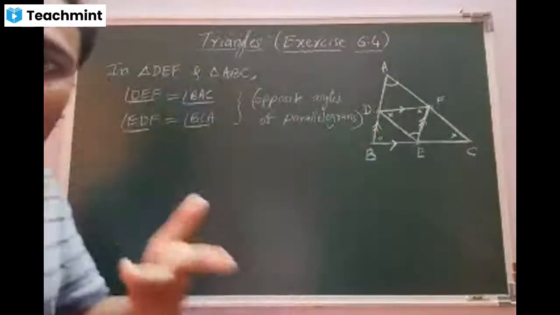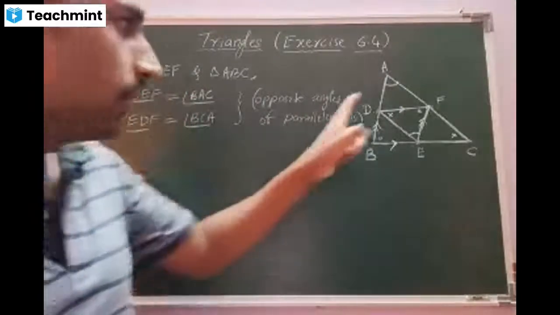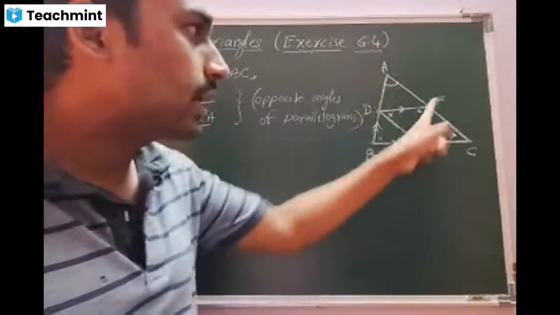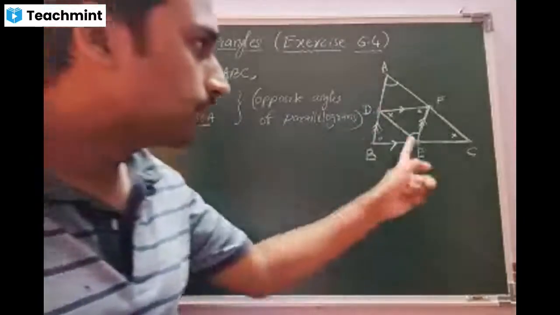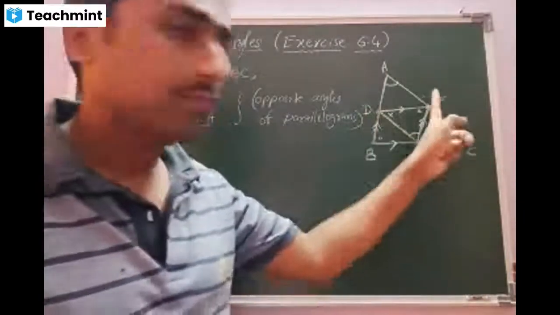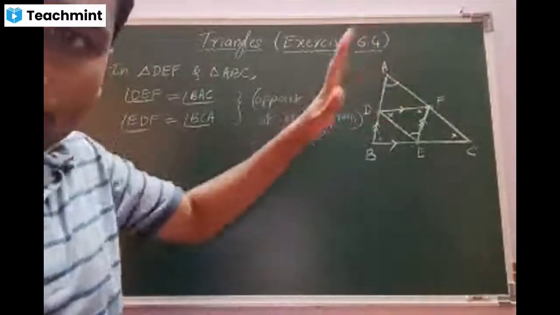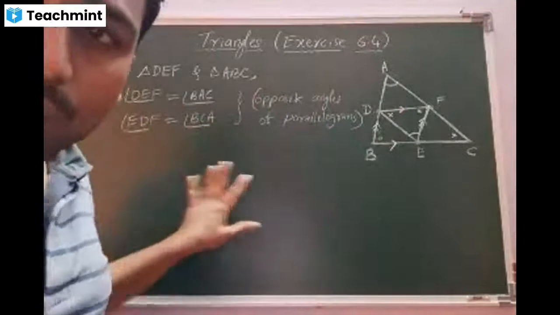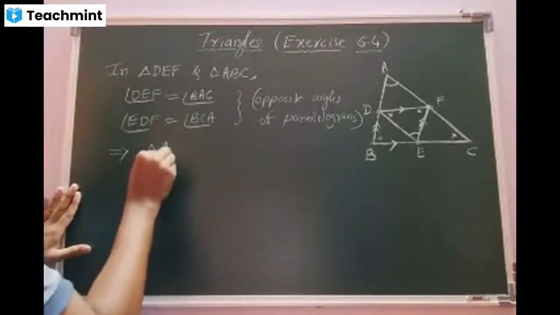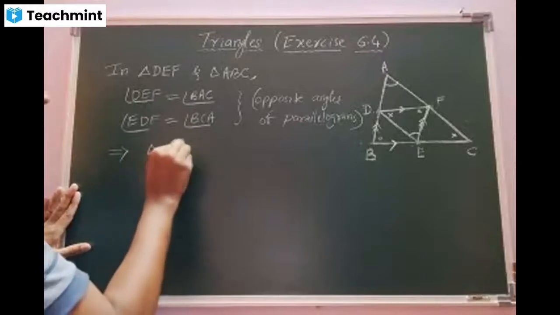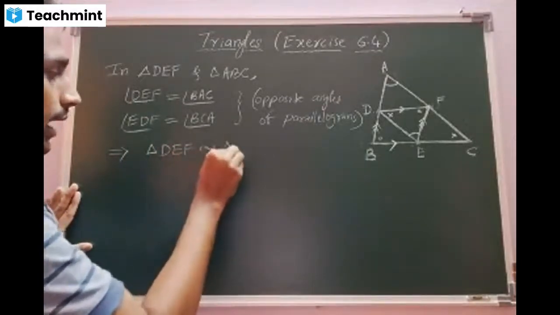But I have not mentioned the names of the parallelogram. If you want to go for the first one, the parallelogram is ADEF. If you go for the second one, which will be the parallelogram, beta? DCF. Okay, the third one not required because two angles are sufficient for proving the similarity. Correct, beta? It implies triangle DEF is similar to the triangle